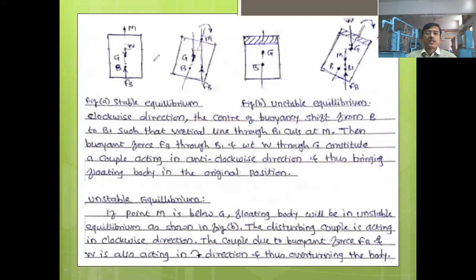Metacenter, then center of gravity, then center of buoyancy, they are on the same line, they are collinear. Weight and buoyant force are collinear, acting in the same line but in opposite directions. FB, that is buoyant force, is acting in upward direction, weight is acting in downward direction through the Z. Now when I give a small displacement here, an unstable movement, what is going to happen?